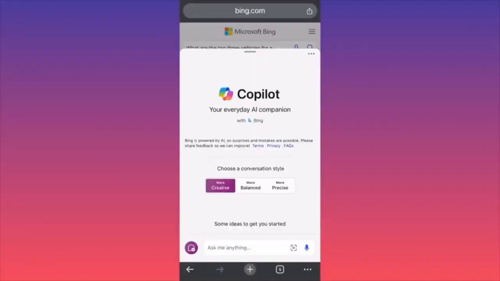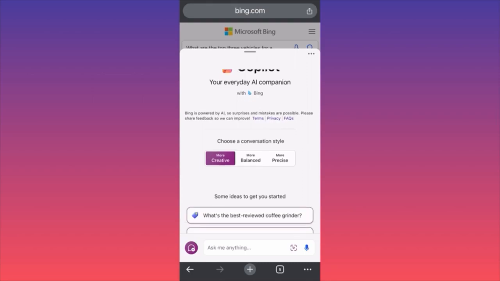Hi guys, in this video I'm going to show you how to utilize Microsoft Copilot AI assistant. This is something very new and a lot of people are not aware of. There are small settings that you should be aware of prior to starting to use it. As you can see over here, the conversation style is divided into 3 different sections, which give you different types of answers, which could be more creative, which means you're not going to get the exact answer, or you can work with more precise. So the way you can communicate with it is by simply clicking the one that works best for you.